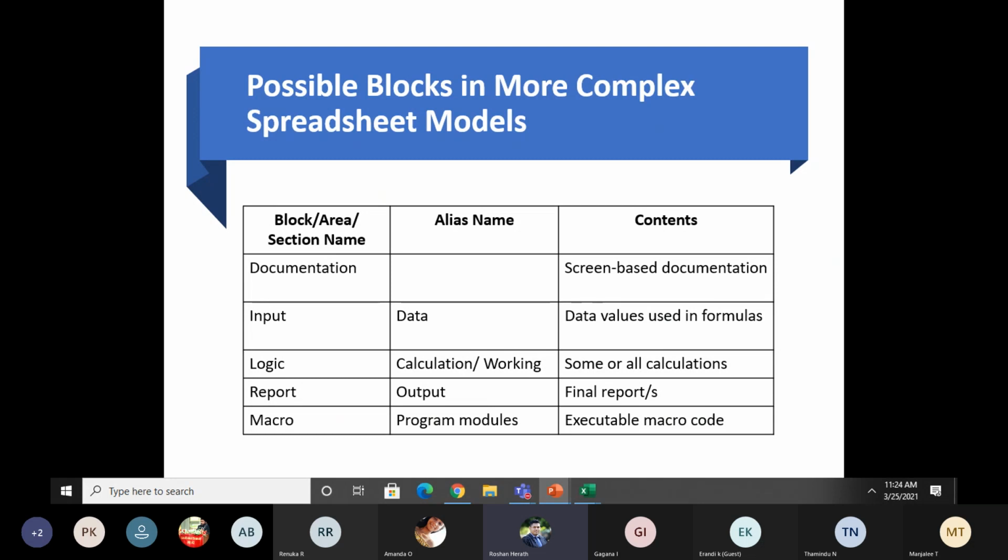In the very first class, in the last class, I discussed with you what a macro is. If you have a repetitive task to be performed, you can simply automate that task. You can write a macro, and then if you execute this macro, those repetitive tasks would be performed in no time. So depending on the complexity of the model, you might see that in some models these